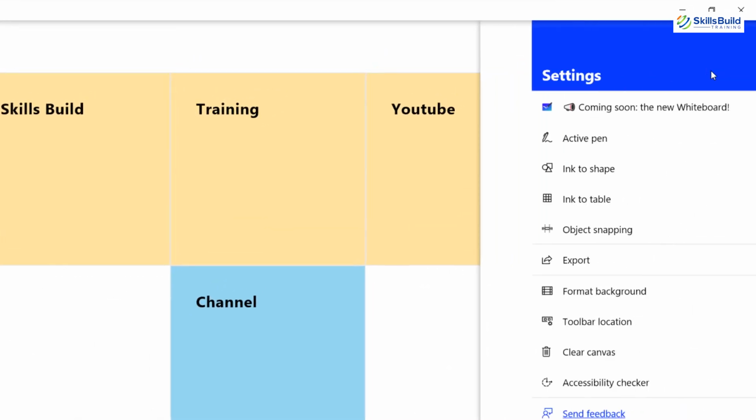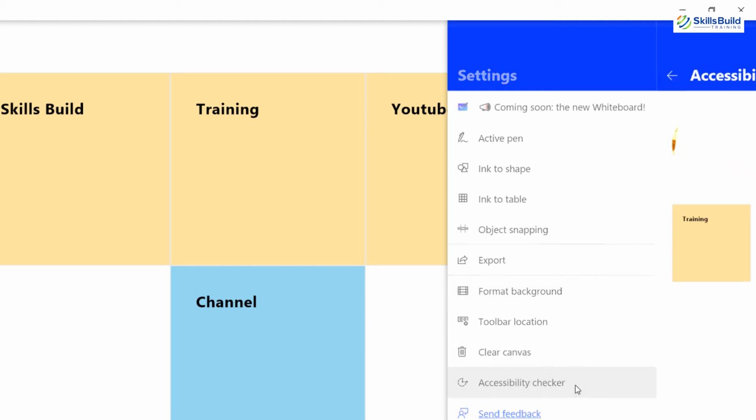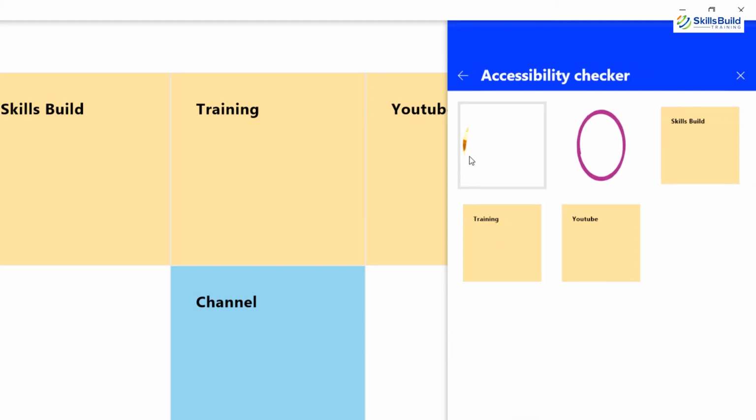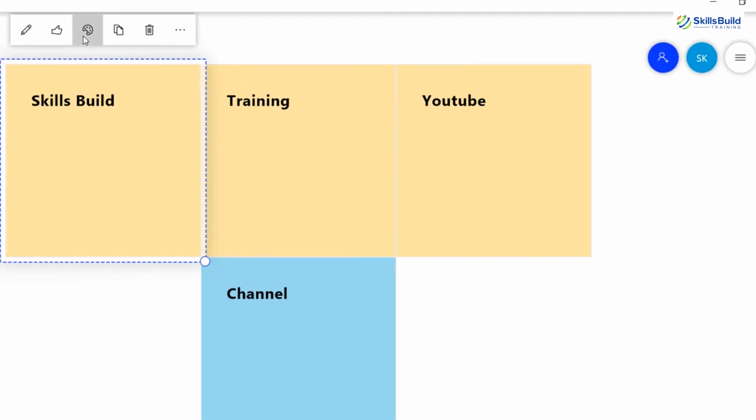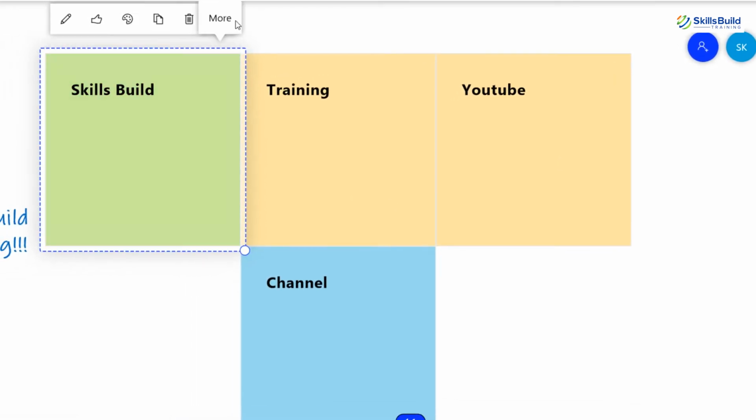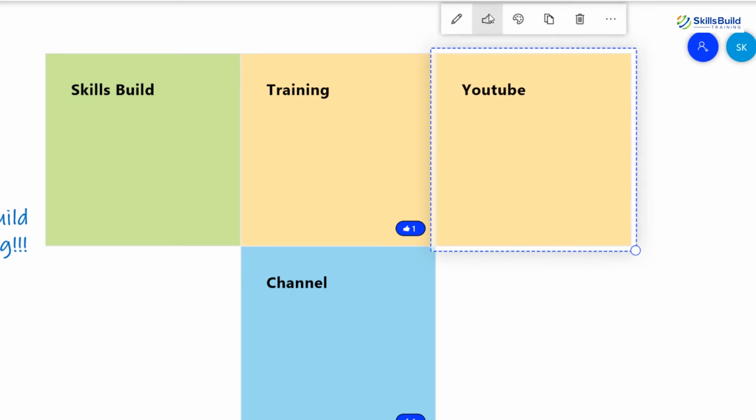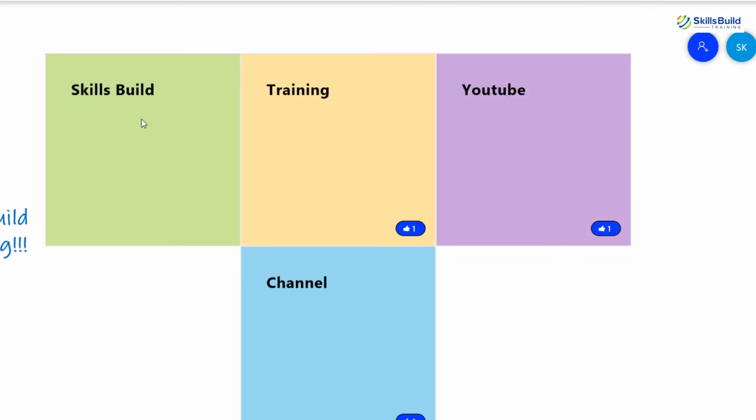Now whenever you go to settings and then accessibility checker, you will be able to see the previous checker and also the new Skills Build Training YouTube channel, and then close it. Well, you can change the color, you can like them, and you can write basic or important information in